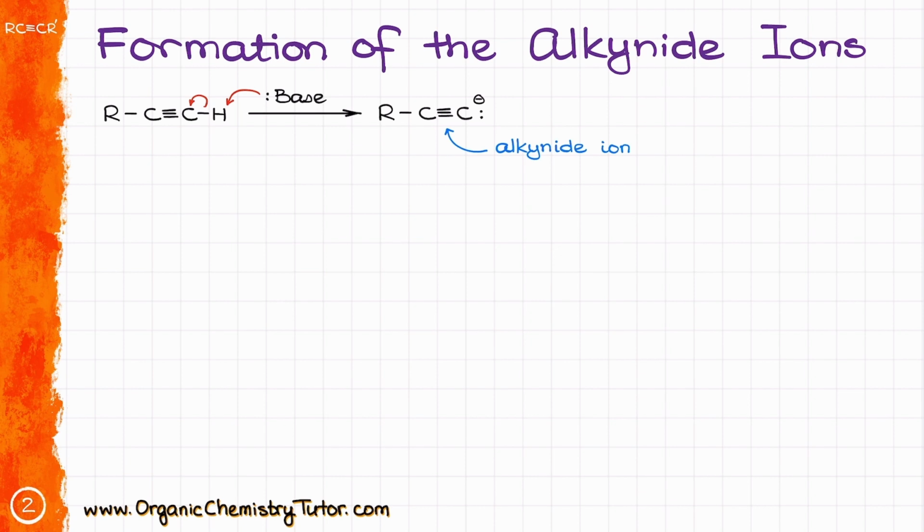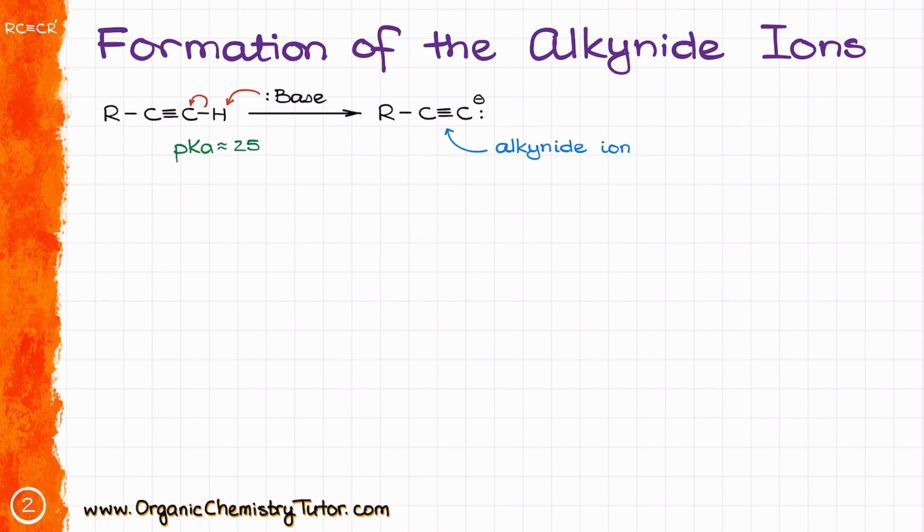Well, to answer that, we need to know how acidic the terminal alkynes are to begin with. And if I peek into my pKa table, I'll see that the terminal alkyne's pKa value is somewhere around 25-26, which means that our terminal alkynes are not particularly acidic and will require a very strong base to nick that proton off. If the pKa value of my acid is 25, the pKa of my conjugate acid must be